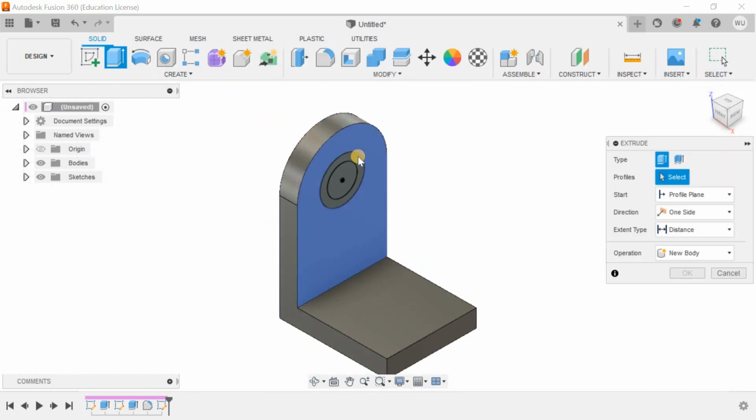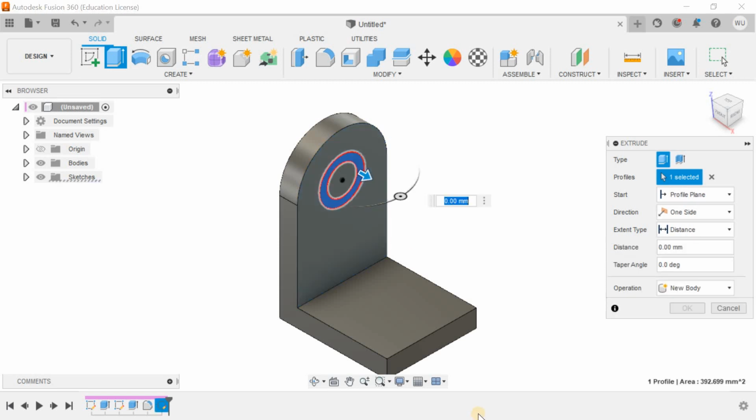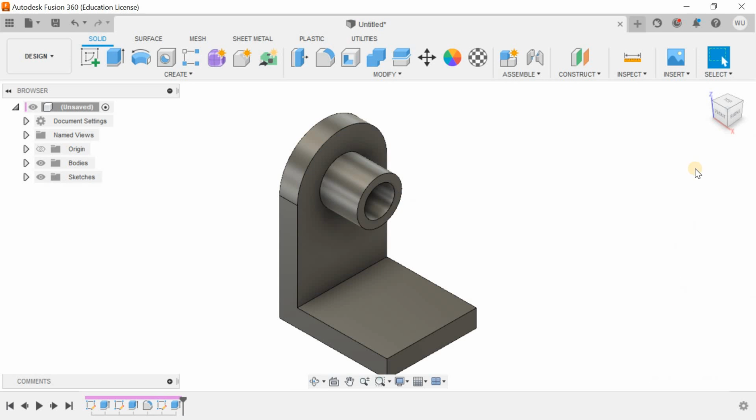Now I will go for extrude, select this region and define 25. I will hit OK. See,